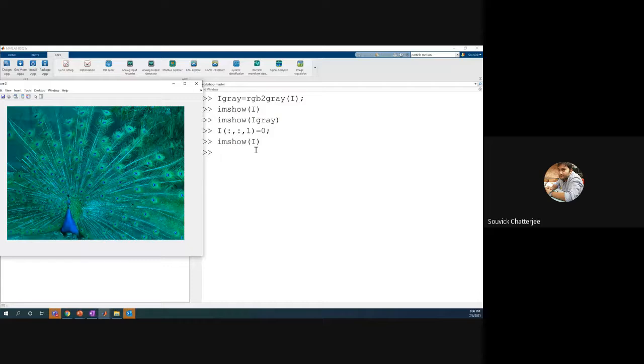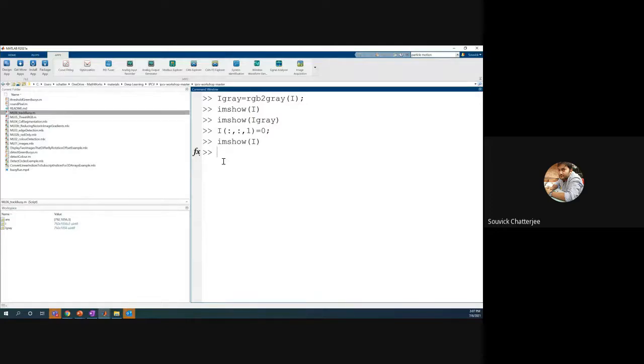If you want to take the average of the red, the green, or the blue, that can be done. Another way is to stop information about red, or to apply some thresholding and keep only pixels above a certain value. That is also possible. Once you have the matrix, you can do any kind of mathematical operations on it. These are some of the things you can do.